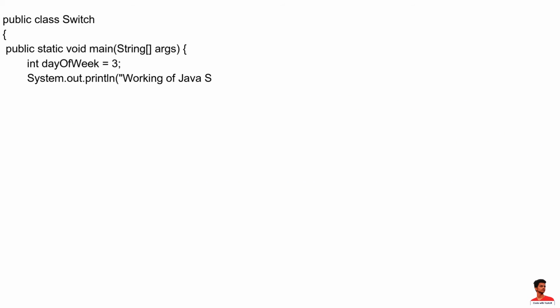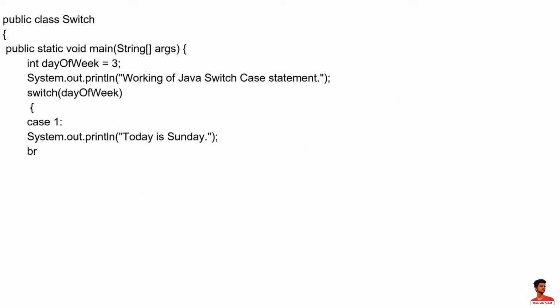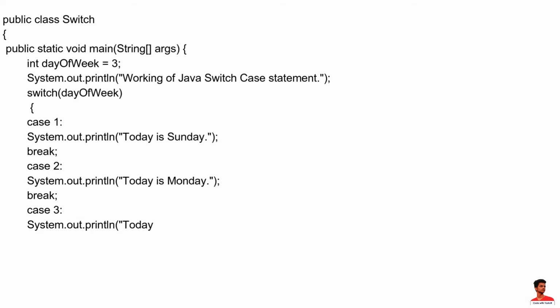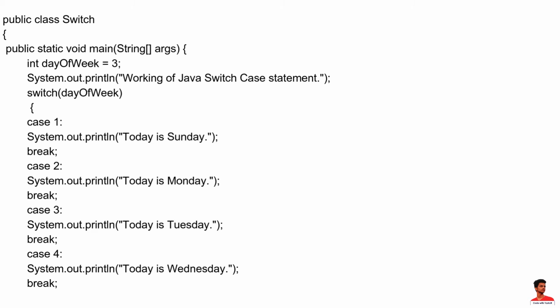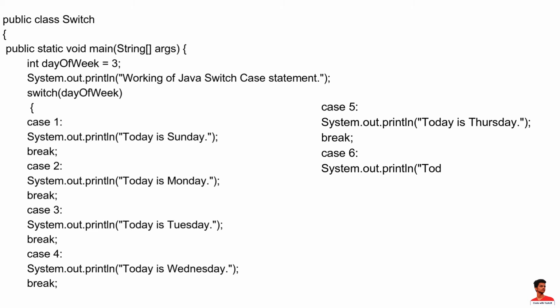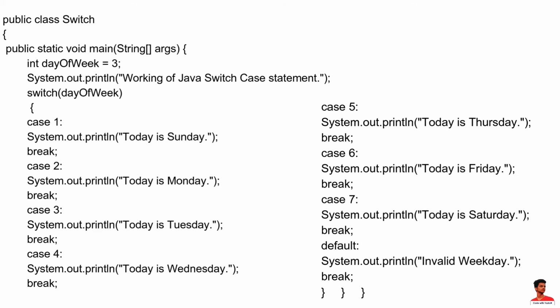This is an example of switch case statement. In this example, we have an integer variable dayOfWeek with initial value of 3. We pass this variable as expression to the following switch statement. Value of variable dayOfWeek is tested with multiple cases to identify the block of code to be executed. Output of this program is.